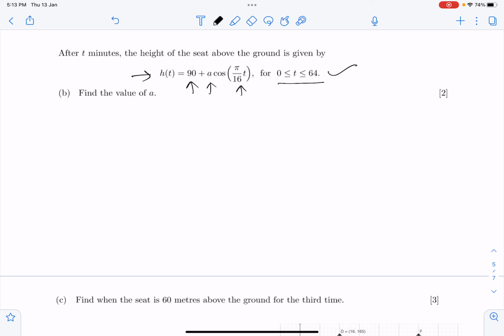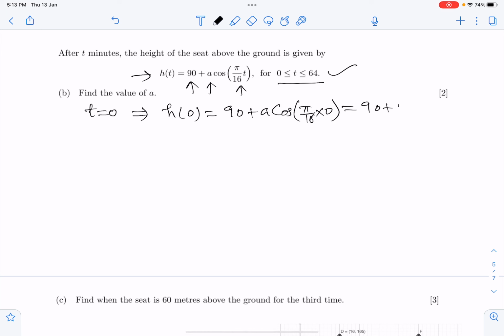Now we will substitute t is equal to 0 because initially it is at the ground level. So when t is 0, h of 0 will be equal to 90 plus a cos of pi by 16 into 0, which will be 0 only. So cos 0 is 1, so therefore 90 plus a into 1, which will be 90 plus a. Okay, so therefore